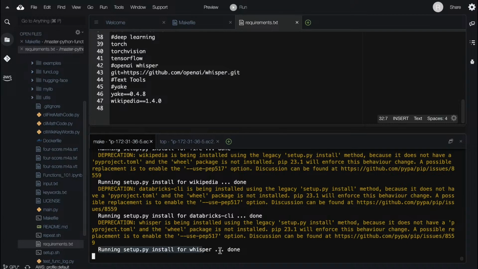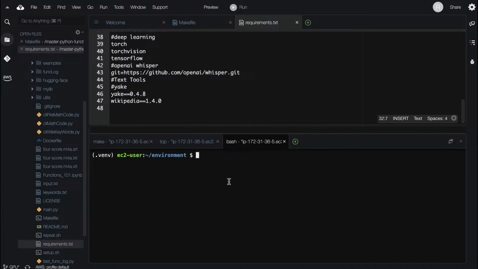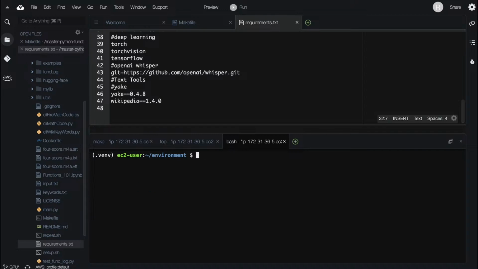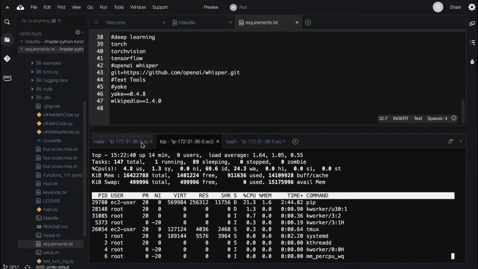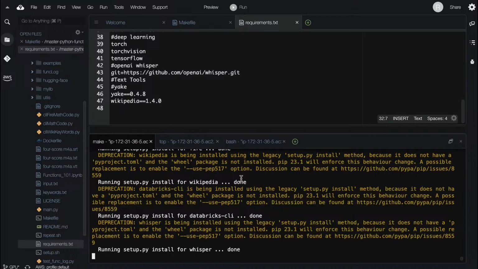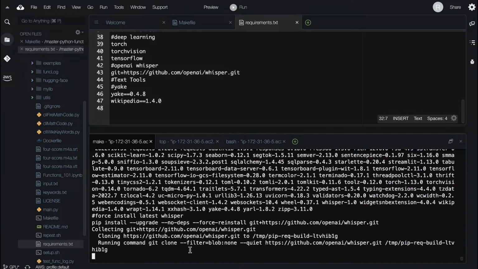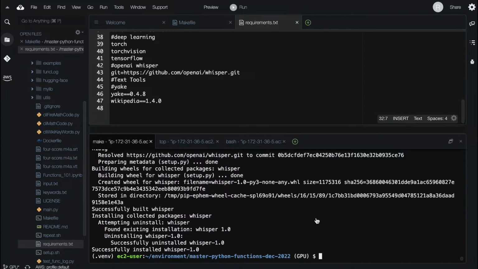Now, oh, there we go. Whisper. It's installing this. The other thing you can do that's kind of fun when you're looking at a huge install like this is that you can also double check the version of Python. So it's 3.7. So 3.7 is kind of an old version. I think it's actually being deprecated. So that could be an issue here. Why the installation is taking, there were some issues earlier. Newer versions of Python would probably be better. But regardless, it appears we're able to get everything working, right? So we got everything working.